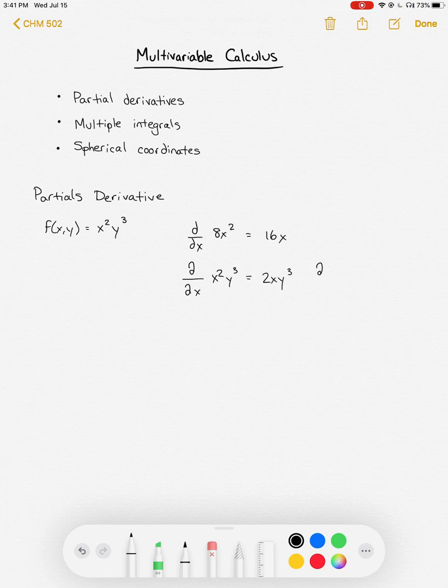We can also take a partial derivative of this function with respect to y, of x squared y cubed, and that gives us 3x squared y squared. So all of the rules we know from taking derivatives are the same, and we simply treat the other variable as a constant, the one we're not taking the derivative with respect to. And the reason that we're going to be doing this, and we'll see this more next semester, is if we're looking at